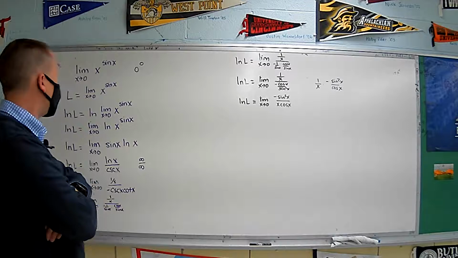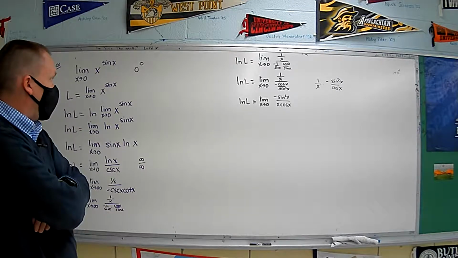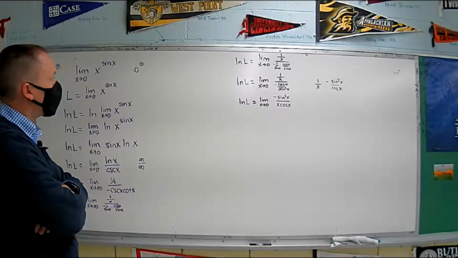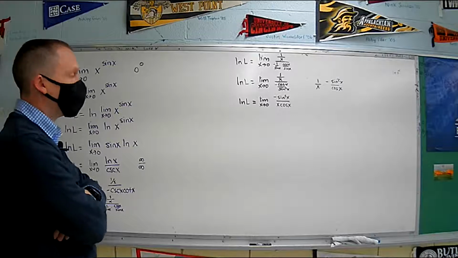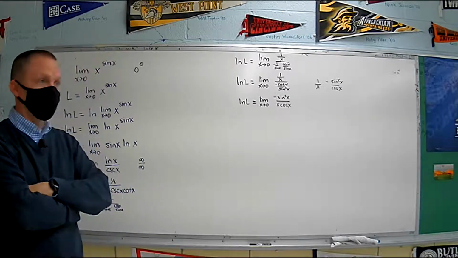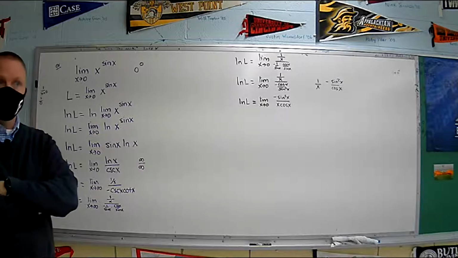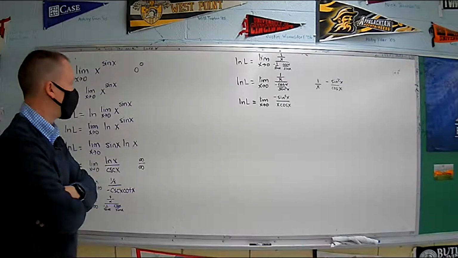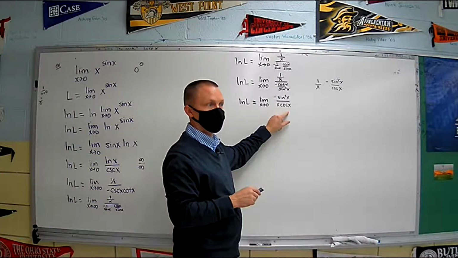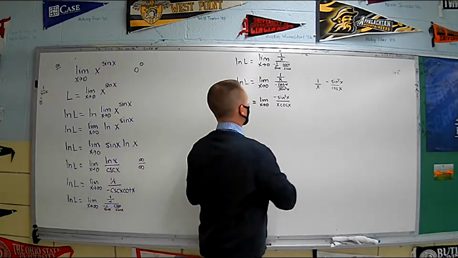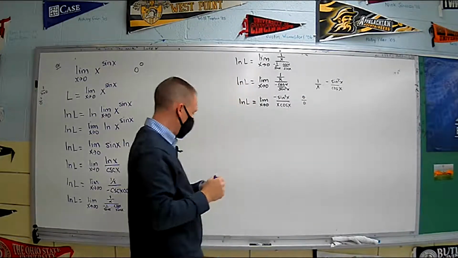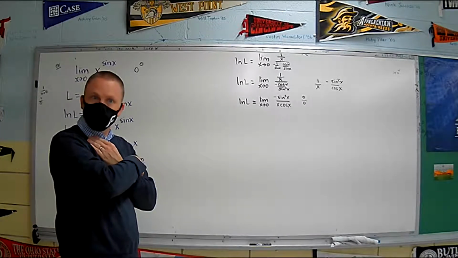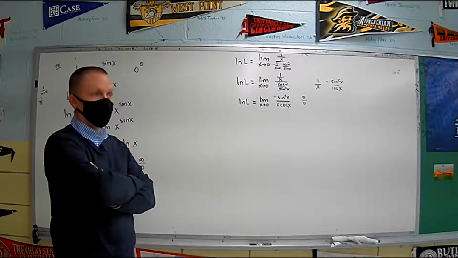So what do we do now? Can we take the limit? What if we take the limit? As x goes to 0, what's the top going to? 0. What's the bottom going to? 0 times 1, right? Which is 0. So we're still 0 over 0. Crap. Can I say that online? What do we do now?